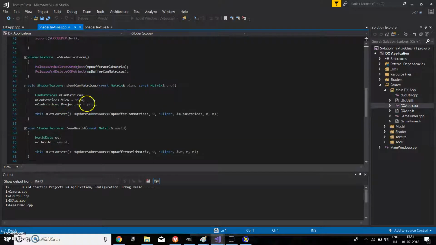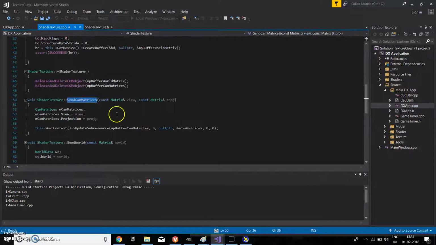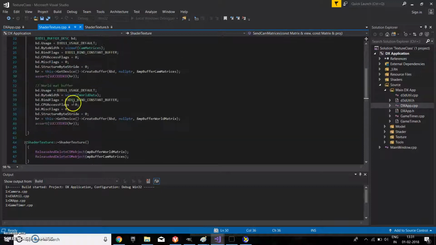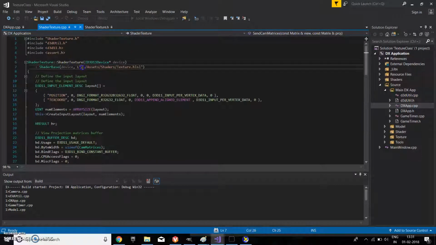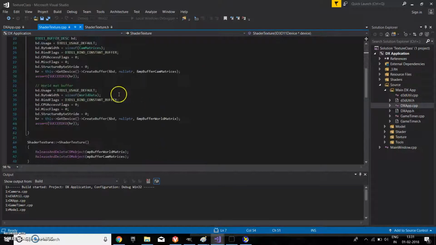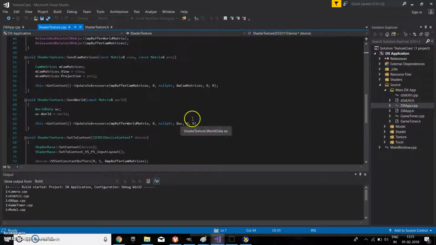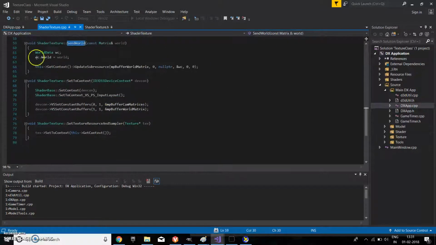So this is where it's actually happening. When you send cam matrices is again pretty much the same. This is all dealing with texture.hlsl, so you have that. You have the input layout being done in the constructor. You have the constant buffers being made here, and send cam matrices, send world is pretty much the same, and set to context is again just how it's